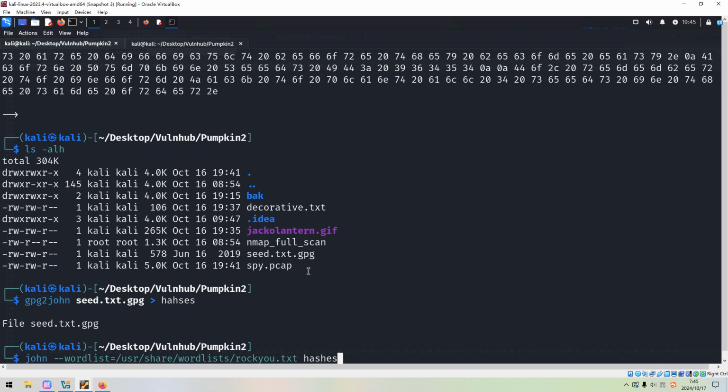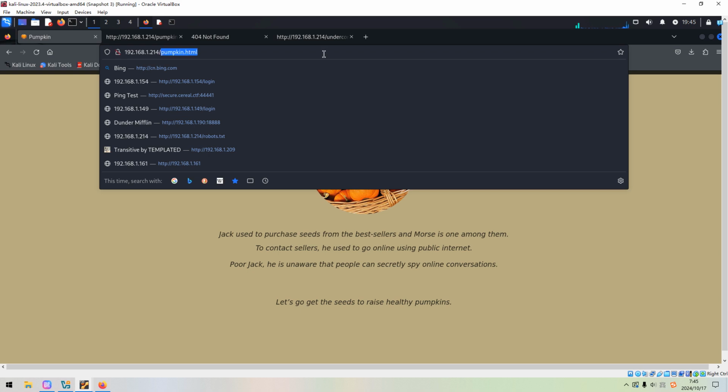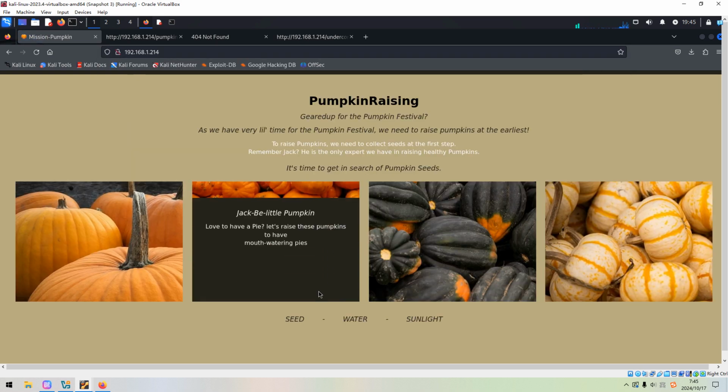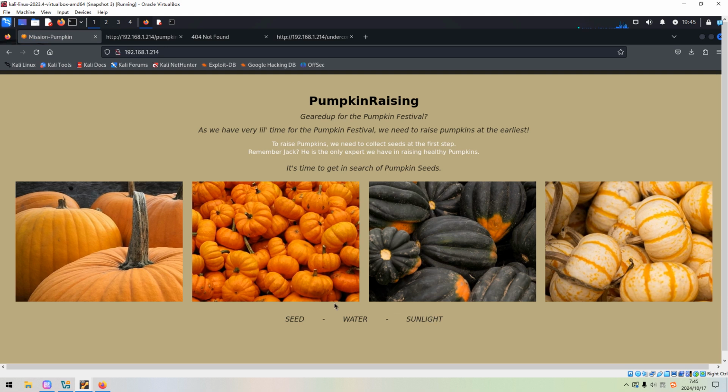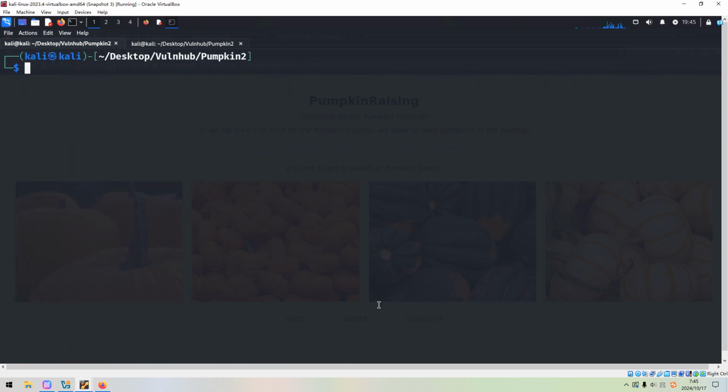Actually, the password lies in the home page. Do you remember? We can access the home page again. The 3 words, and we can combine the 3 words to be the password to open this file.